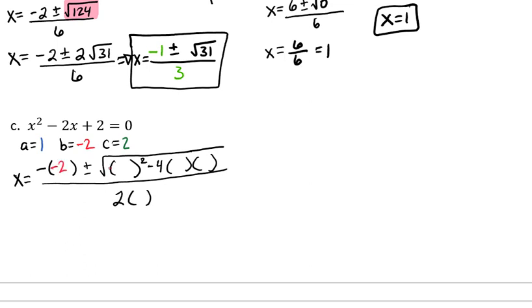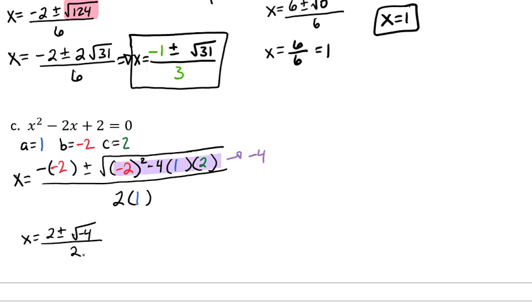So we have our b, the a's, and our c. We're going to take the interior of our radical and work that out and get the value -4. So when we rewrite this, now we have x equals 2 plus or minus the square root of -4